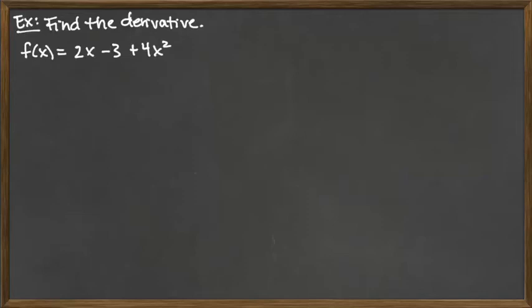In this example, we are going to find the derivative of the polynomial that's given here. Since it's a polynomial, what we have is just a series of terms that are added and subtracted from each other, and each term is a constant times the power of x. And so what we're going to be utilizing is just sum and difference rules, as well as constant multiple rules